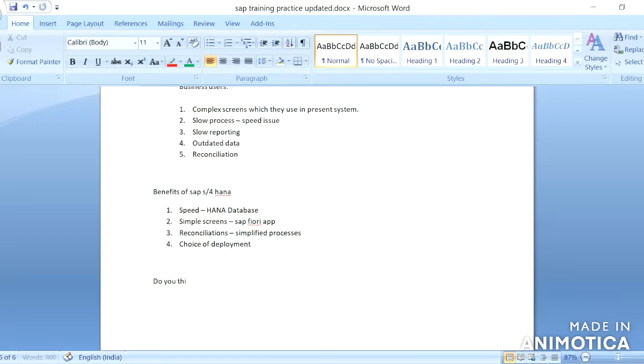Do you think there is any difference between SAP S/4HANA and SAP HANA?